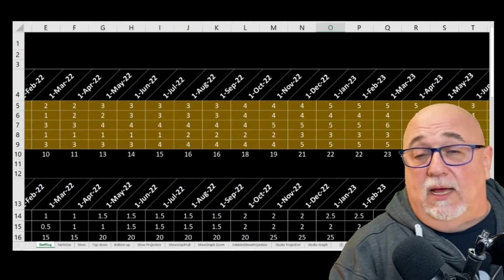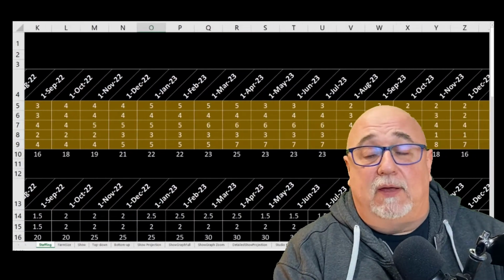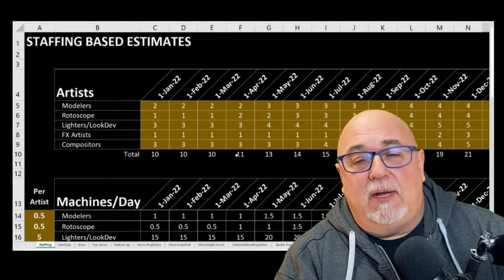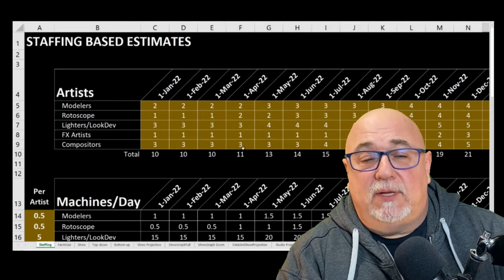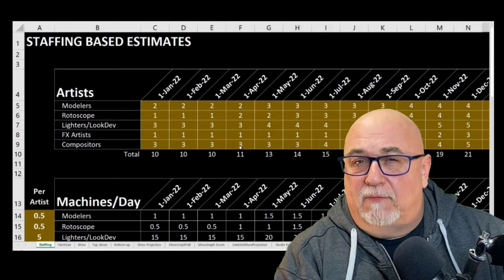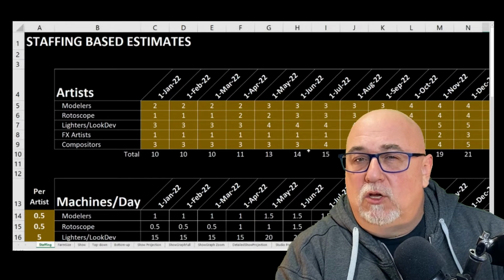That's basically a simple spreadsheet of staffing. This is usually in the hands of any bidding producer. They should have some document that either looks like this or can be conformed to this. Now, one thing, if you don't have the historical data of the render farm, one thing you usually can figure out